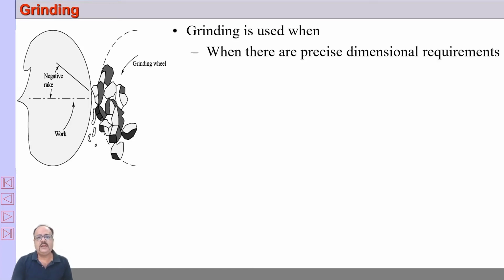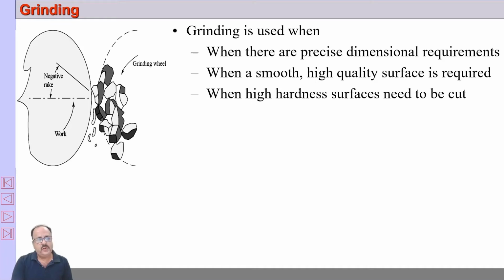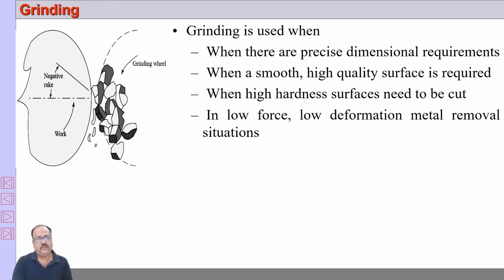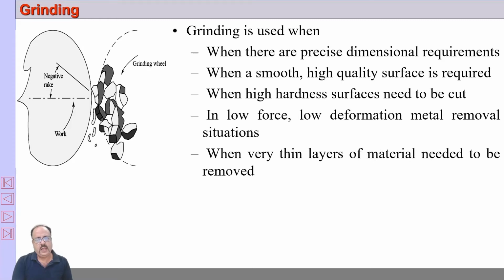So basically grinding is used when there is a precise dimensional requirement, when you want to obtain a very good surface finish, when you want to remove a small volume of material, and when you want to machine hard surfaces, when the force requirement is low and a very thin layer of material is to be removed. In grinding, basically what happens is the rotating wheel has a number of abrasives